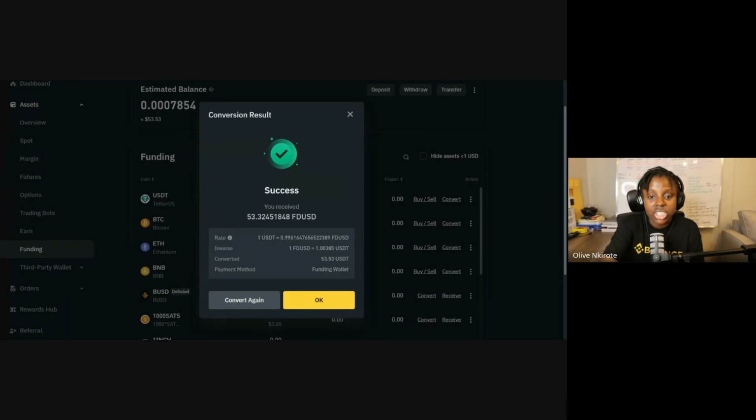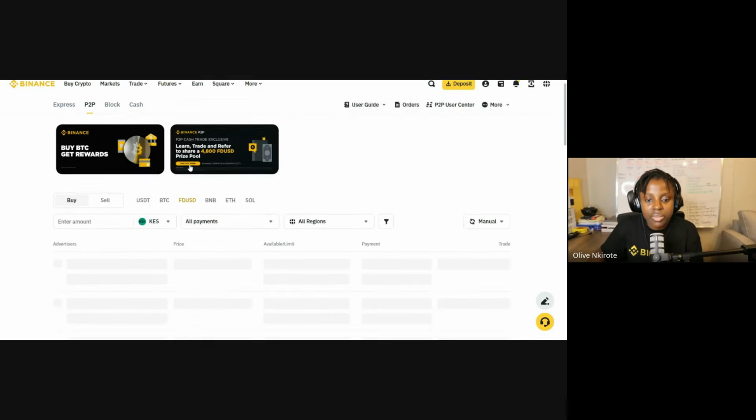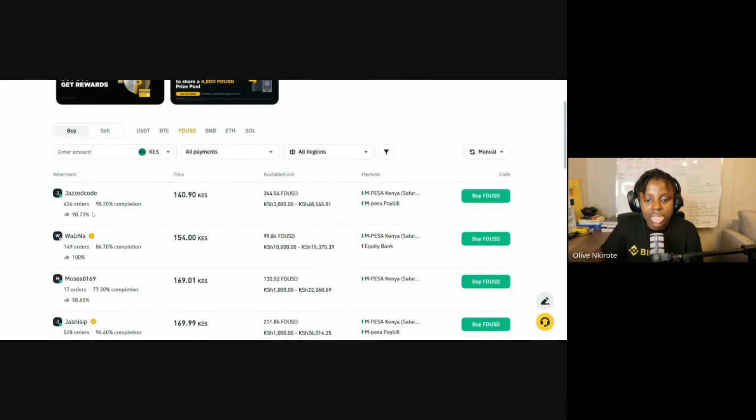So you see why this is cheaper. This is cheaper because, guys, we have literally spent 7,042 shillings because of transaction fees and M-Pesa, but we have received 53.32 FDUSD. If we were buying it here, if you guys can remember FDUSD, when you clicked FDUSD and you click buy, the cheapest person was selling it to us at 140. I have a calculator, guys. Let's do the math. If we were to spend the 7,000 shillings, divide by 140.9, we would have received 49.6